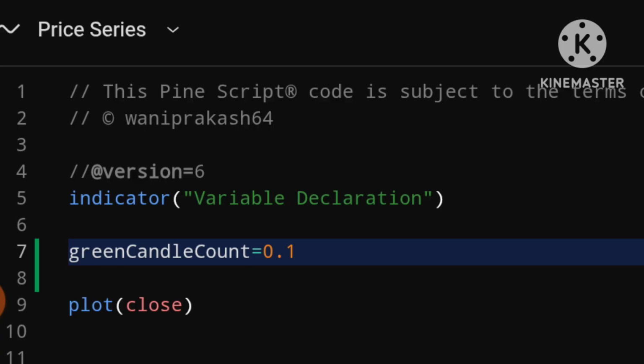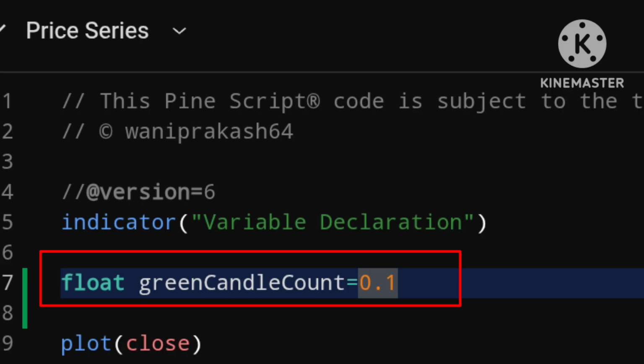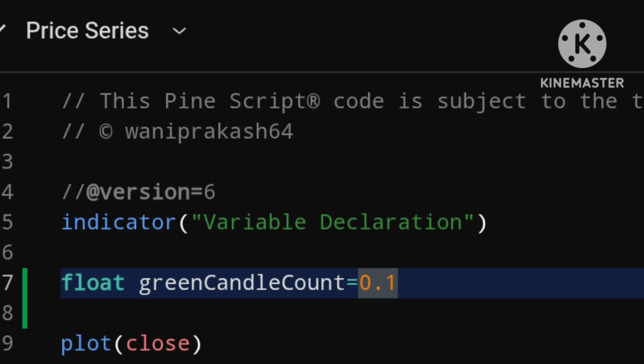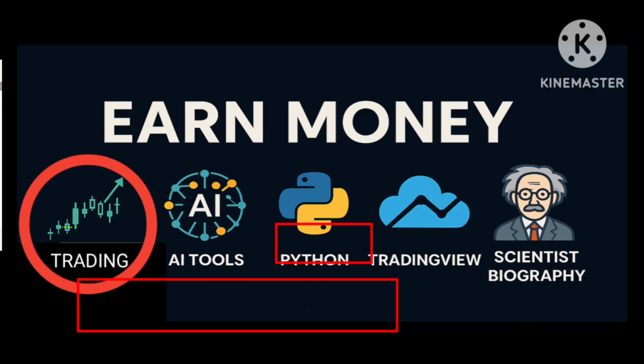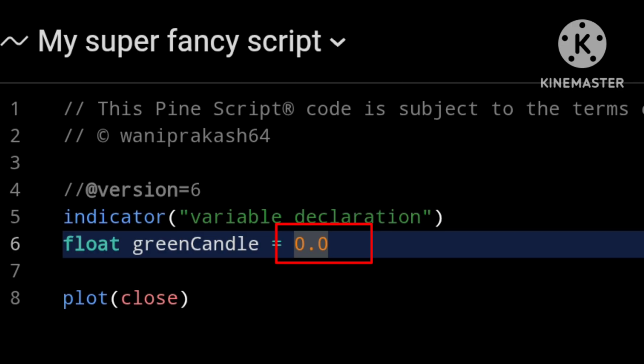Now you can explicitly tell PineScript what type of variable you want. For example, if you wanted to tell PineScript that this green candle count needs to be a float, we can just add the word float in front of it and save the script. And now PineScript knows that even though there is a decimal place after this whole number value, this essentially becomes 0.0. PineScript is now treating this as a floating point number even though we give it an integer value.